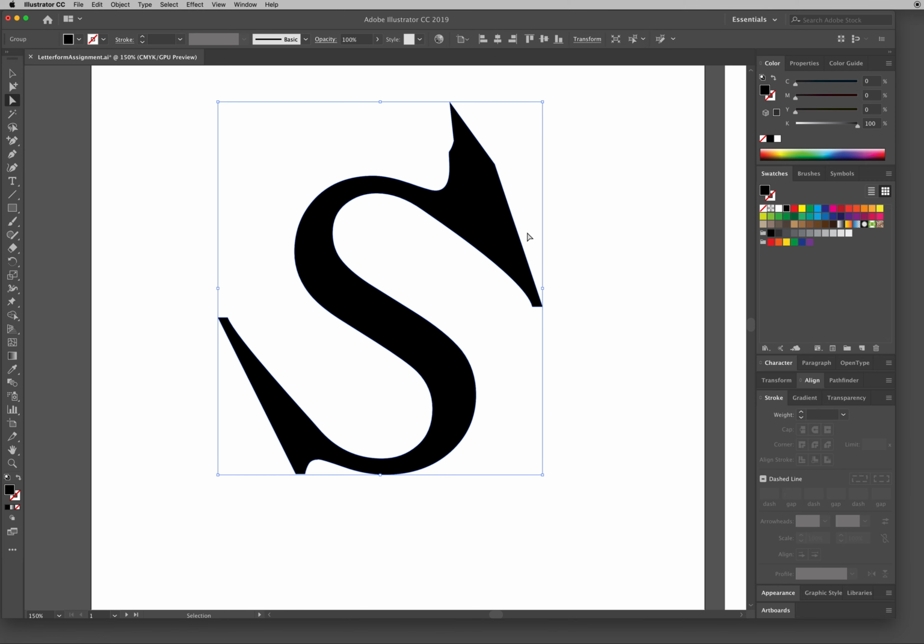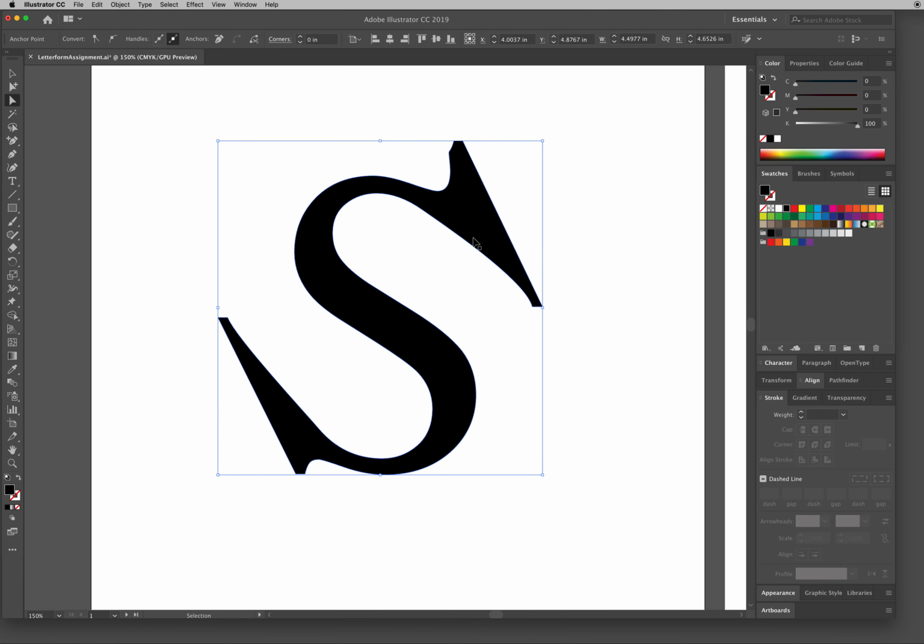Another way to add detail, I'm going to undo all of these, is to use the pencil tool to draw that detail. So the pencil tool is right here. If I hold this one down, sometimes your pencil tool will be already showing. Sometimes it will show as the shaper tool. Just remember that all these tools with this little triangle at the bottom means there are more tools grouped with it. So if I click and hold on this one, I can get the other grouped tools. What I want is the pencil tool.